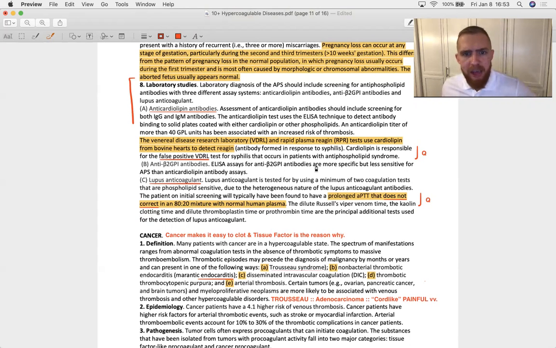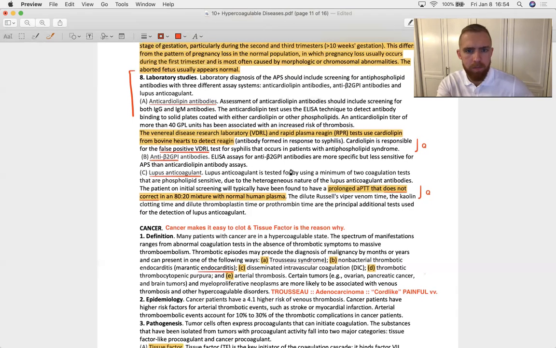Then you have these anti-beta 2 GPI antibodies. Just know the name. And finally, we have lupus anticoagulant. A patient with antiphospholipid syndrome will have a positive lupus anticoagulant test, meaning that they will have a